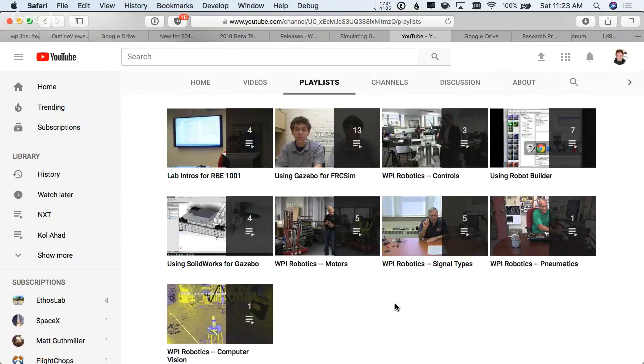This is how to use RobotBuilder. This is using Gazebo, but don't do the Gazebo stuff. This is all about motors. There's 5 videos. These are outstanding. A lot of people don't know this, but there are curves for the motors, and you can get predictable performance from the motors, and you can operate the motors at their most efficient range of power